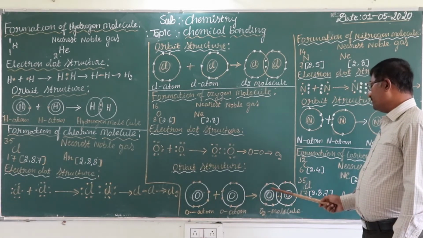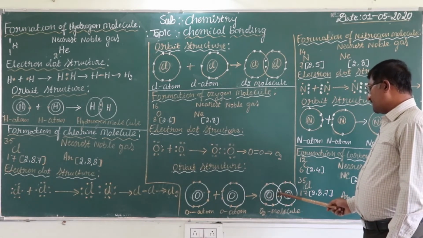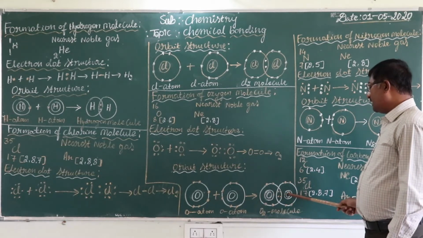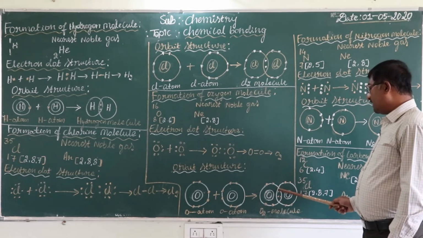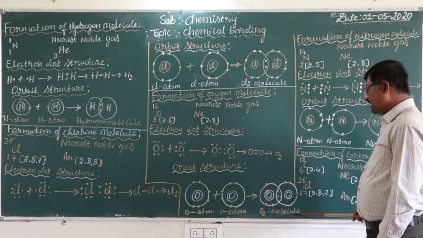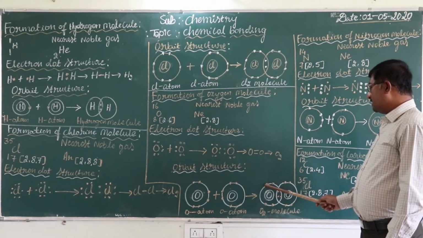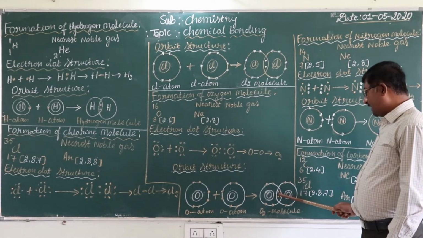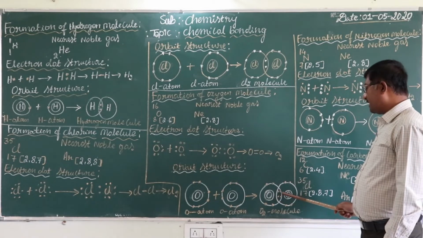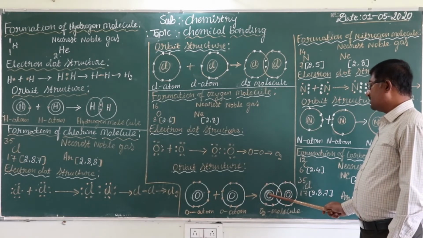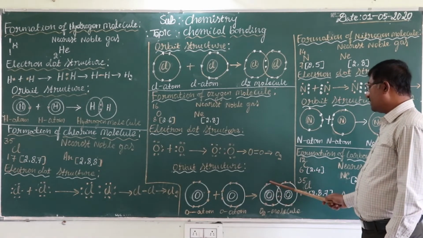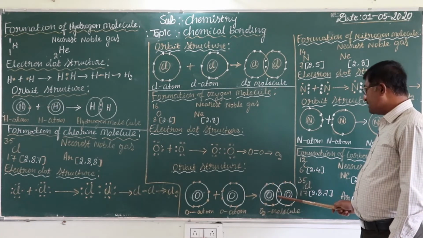After the combination, two pairs of electrons are shared between the 2 oxygen atoms, and like this the oxygen molecule will form. See, in this structure, these 2 pairs of electrons belong to this oxygen atom, like that this oxygen atom is thinking, so totally 8 electrons it will get.